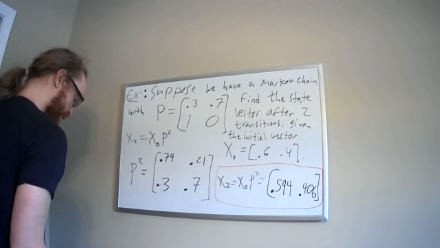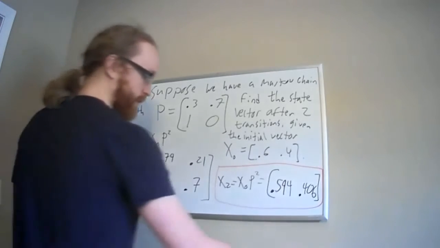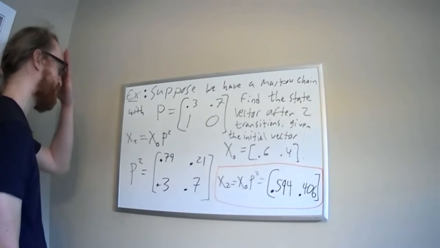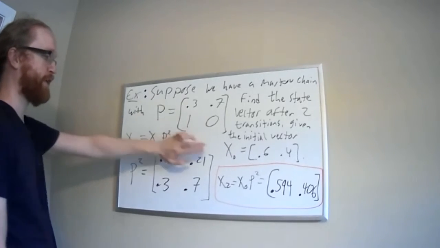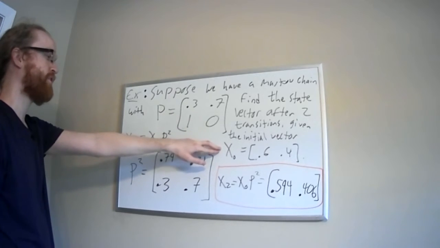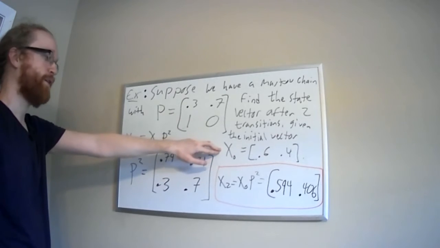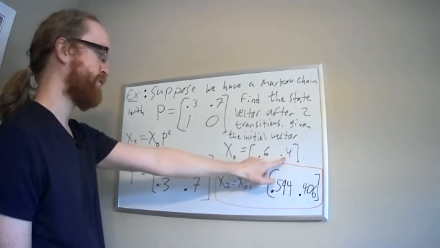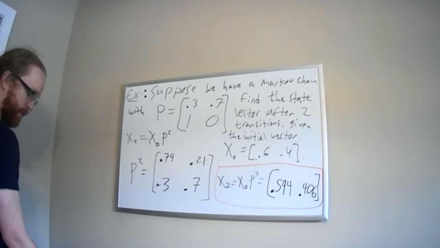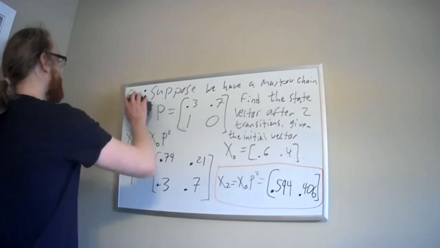Okay, so what I want to start working towards now is the namesake of this section, which is the regular Markov chains, and what those are about. I've been hammering this point about everything depending on your initial state vector. And so that's true. You might ask how much things depend on the initial state vector. If I pick completely different numbers for this initial state vector, how much would that change this answer? So how much do the results after k many steps depend on the initial state vector? And even more so,